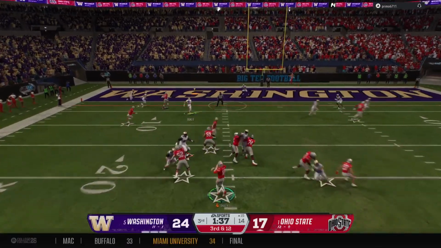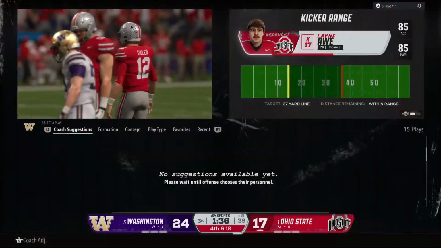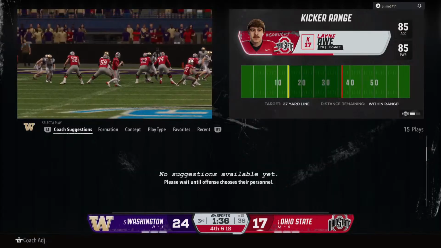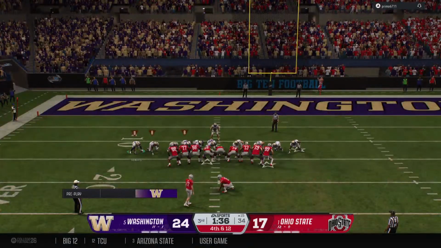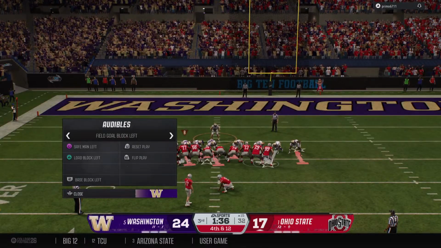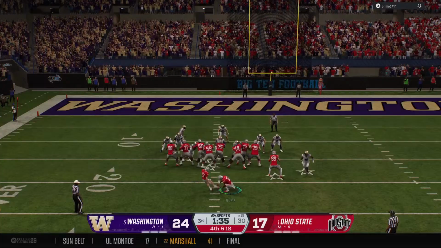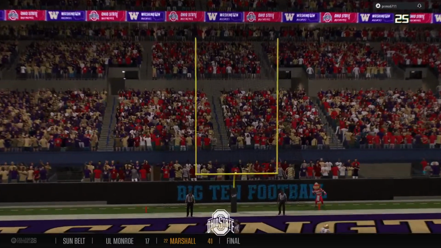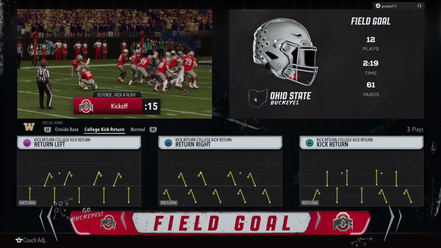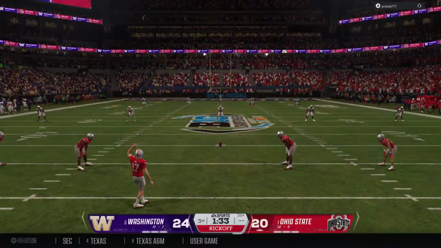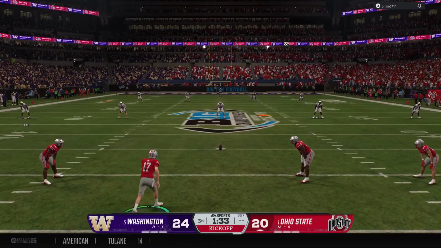Drops back, needing a 3rd down completion here. Sails it way high out of the end zone and incomplete. Hey, it's an incompletion, but it's a nice job by the quarterback. I know it didn't pan out, but the most important thing is he didn't turn the football over and he didn't take a sack. It'll give your kicker a chance to put some points on the board if they opt for the field goal here on 4th down. The kick is good. He knocked it right down the middle. Oh, Chris, it's a nice kick here to polish off that drive with at least 3 points up on the board.